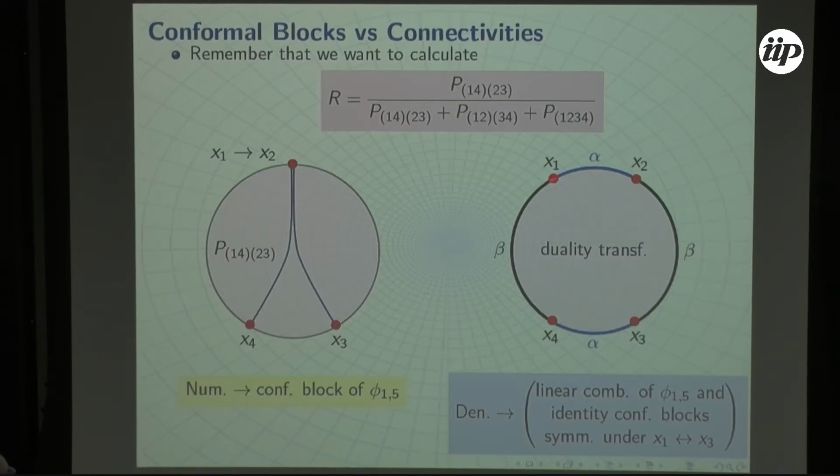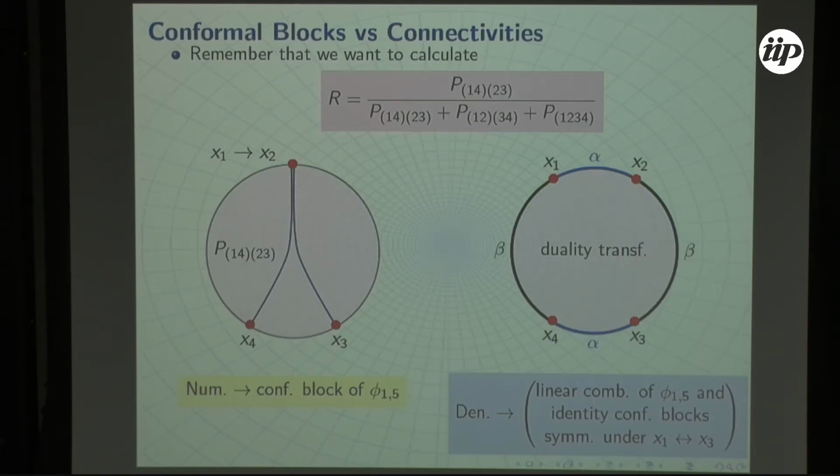So when you consider the limit in which x1 goes to x2 now, you can see that you can never get any more a field of type phi alpha beta, because the boundary conditions are homogeneous after the fusion. Okay? So you have to exclude in this combination the conformal block of phi 1,3. It's the only thing that you can say. So this is actually a symmetric combination under the exchange of x1 and x3 of the block of phi 1,5 and identity. So phi 1,3 cannot appear, is the only thing that you can say, and it has